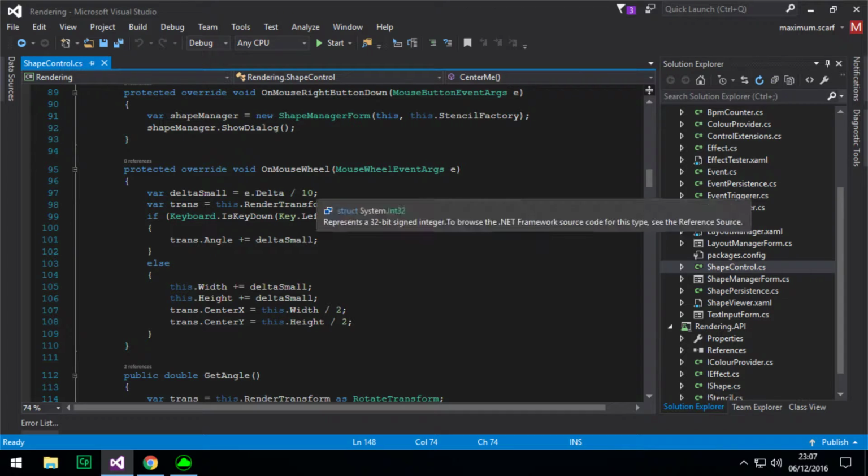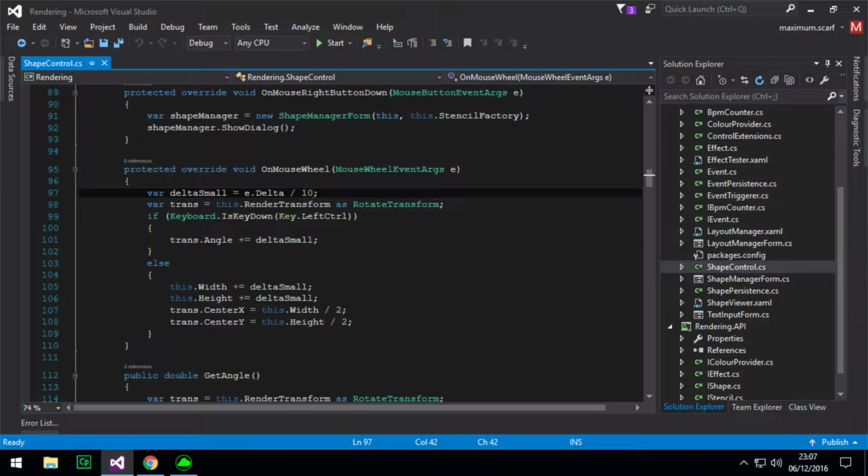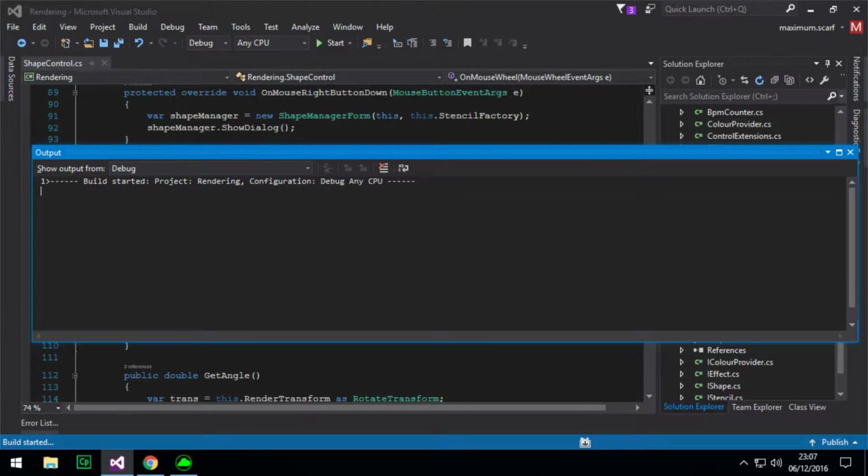So I do delta divided by 10. Let's make that delta divided by 50. What I really need to do is make that tweakable so that I can rotate to different levels, because now when I do this,